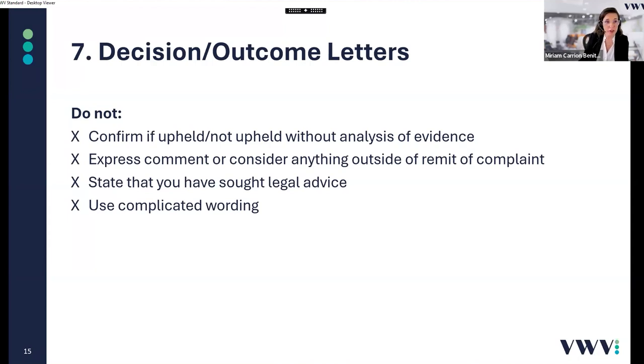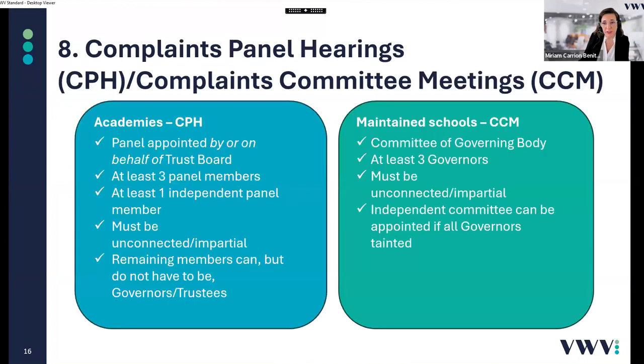The extent to which you will make it parent and child friendly is a balance to be struck. But it's important that there is no jargon, there are no acronyms, and that parents can understand it in plain English. And moving on to the next slide, Taima, which is on